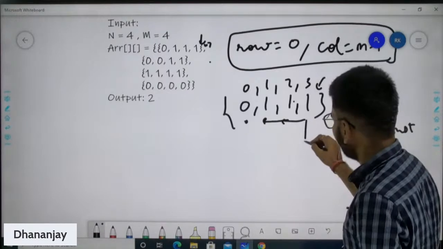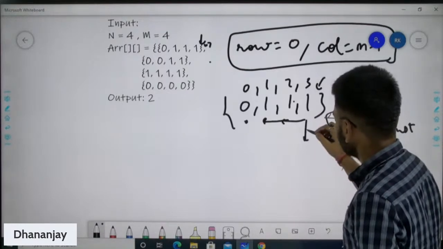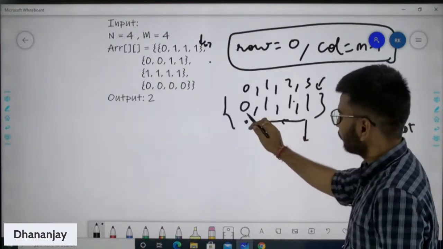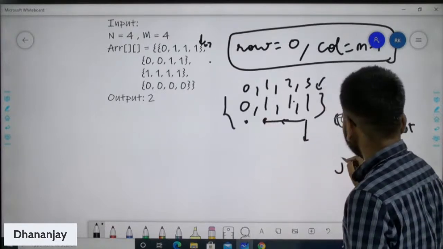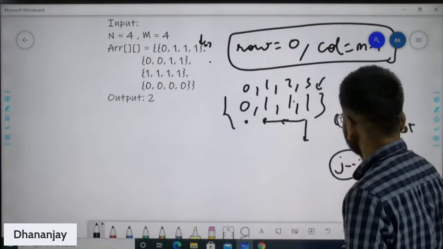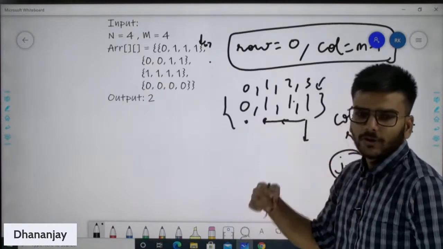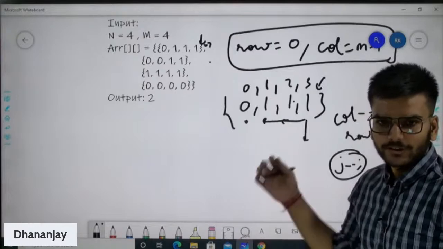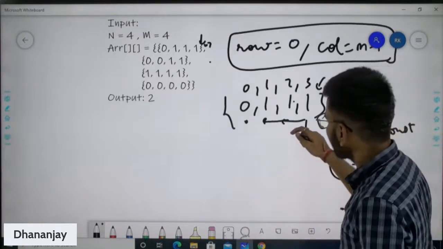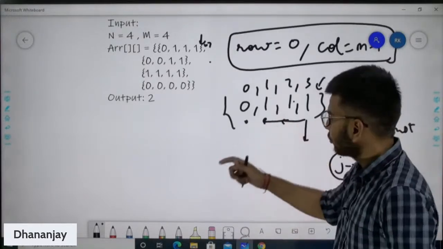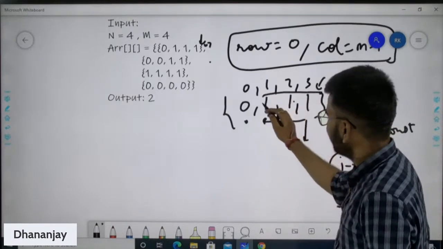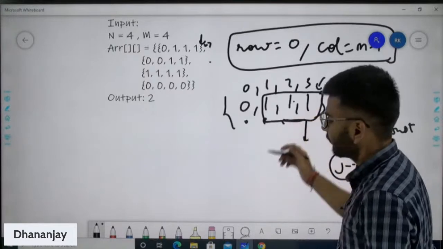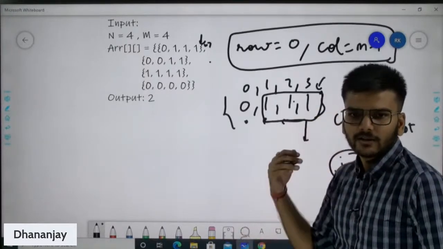So we will move on to the next row because we haven't found this value here. We will move to the next row by keeping our jth pointer as it is. That is, in the first row, whatever our jth pointer was pointing to, we will keep that pointer the same, because basically we have to find the maximum, right? So if we know that the maximum value of 1 in the previous rows is this, then I have to find logically another